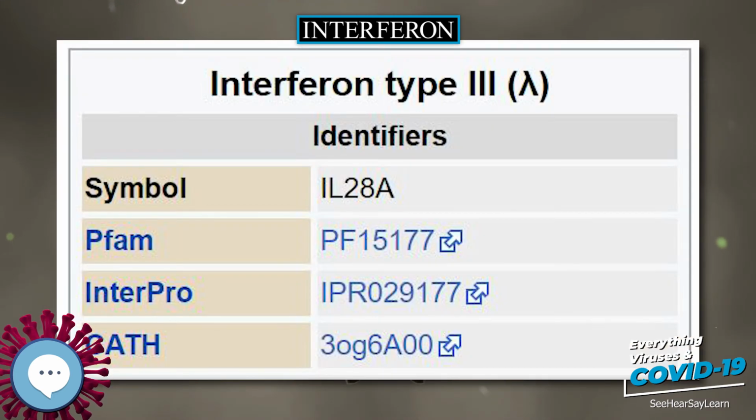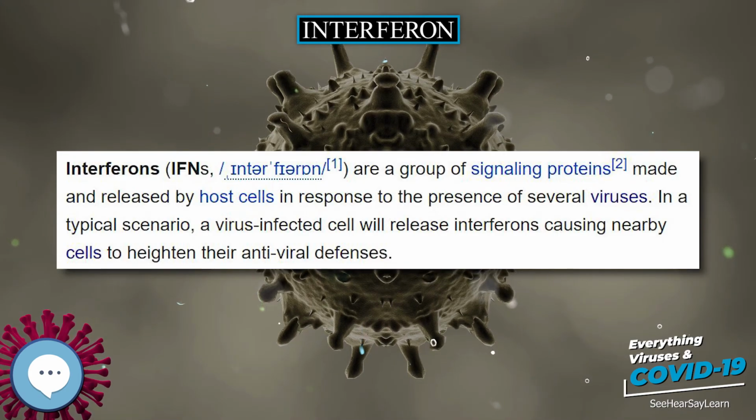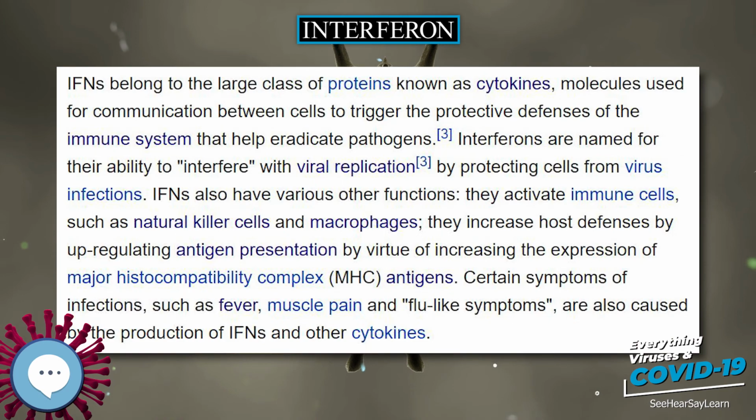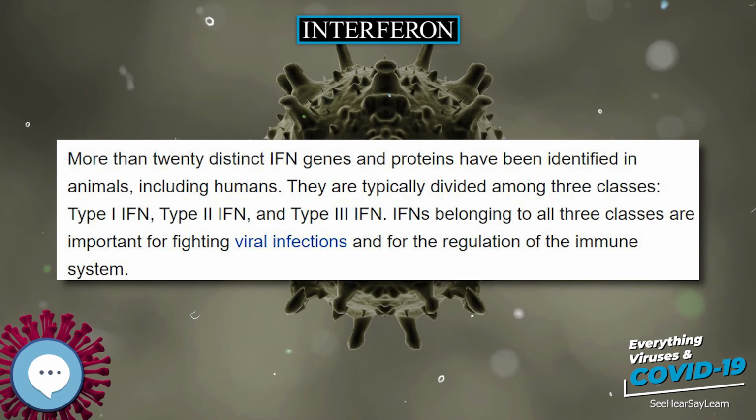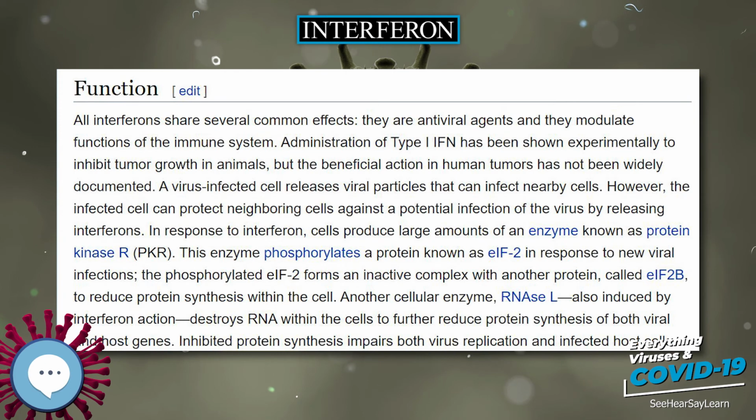History. Interferons were first described in 1957 by Alick Isaacs and Jean Lindenmann at the National Institute for Medical Research in London. The discovery was a result of their studies of viral interference. Viral interference refers to the inhibition of virus growth caused by previous exposure of cells to an active or a